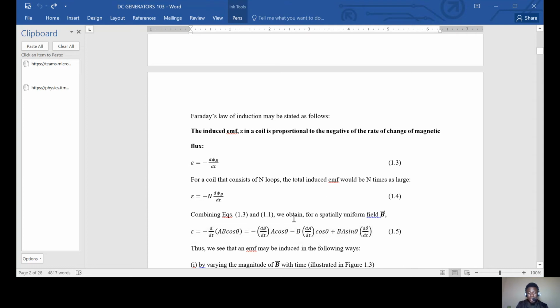When we combine equation 1.3 and 1.1, we obtain for a spatially uniform field B, epsilon is equal to minus d/dt of AB cos theta. Differentiating this function with respect to time gives us the quantity on the right, which is equation 5. Thus, we see that an EMF may be induced in